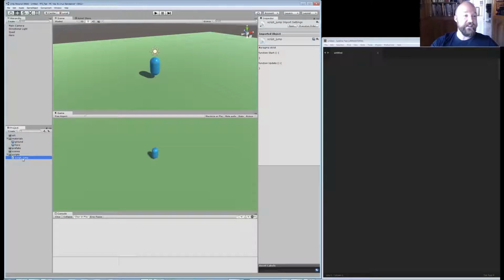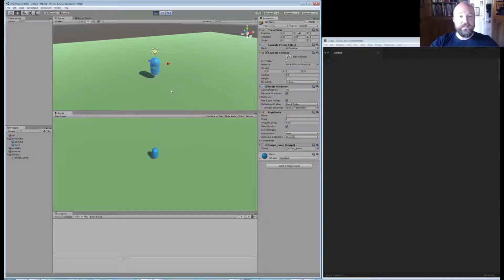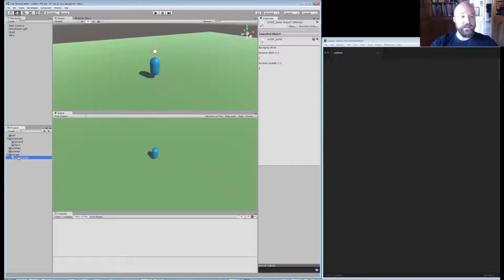Okay, so I'm just going to drag this script jump onto my hero, and I'm going to hit play, and I'm going to hit spacebar, and nothing's happening. Well, we haven't actually written anything, so this is just a blank script. That makes sense. So I double click this, and here we are in our script editor. I'm using Sublime Text 3,